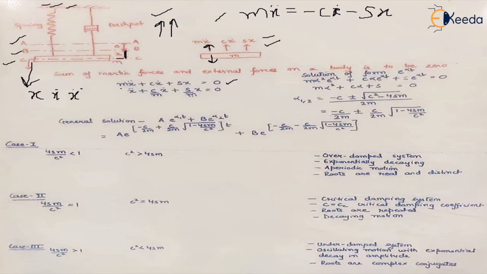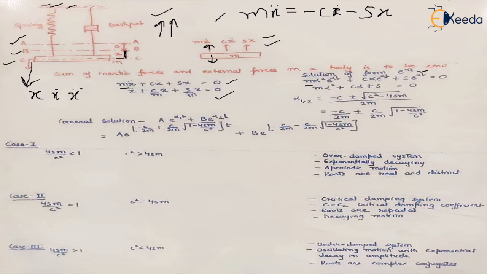If we take this m from this acceleration factor, the equation we'll get is in this way, right? Now if we assume that the solution of this quadratic equation is of the form e raised to the power alpha t, right? So what will be the equation? It will become m alpha square e raised to the power alpha t plus,